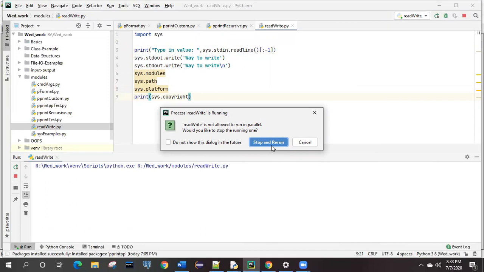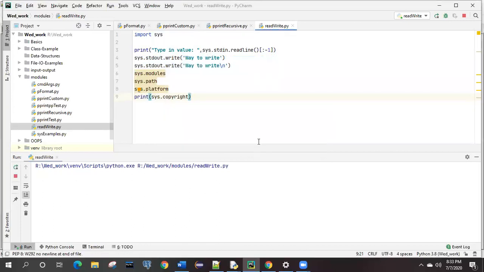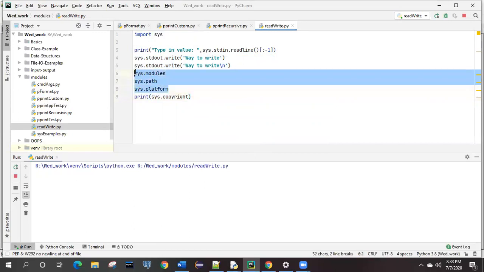It means internally it is running. See here, the process write is running and we cannot run it in parallel. So we need to return and something like that. So these are the things which we have already seen in the previous sys module. If you write all these things inside the print, it is going to work for you.